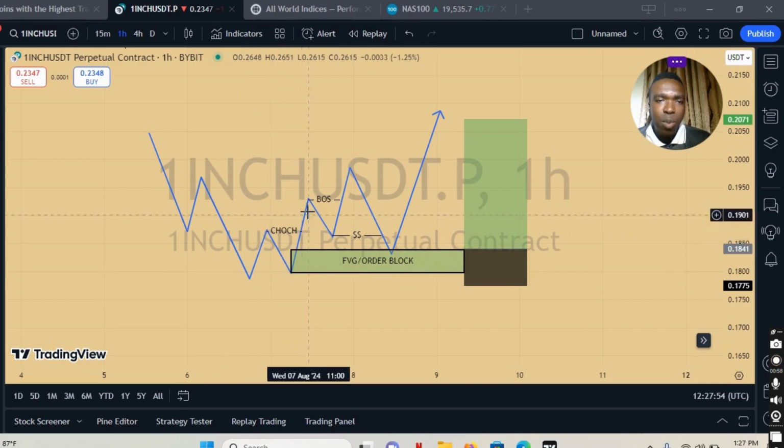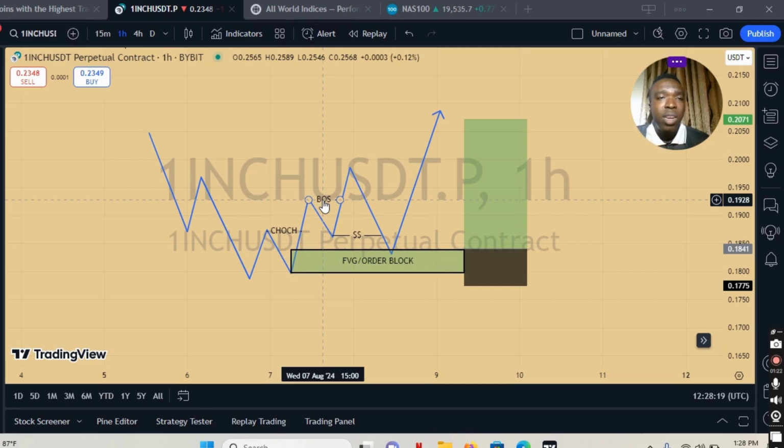Rather, it came up to give us a change of structure, or let's say a change of character. When the market gave us a change of character here, it then came down to give us a swing low to continue its uptrend,